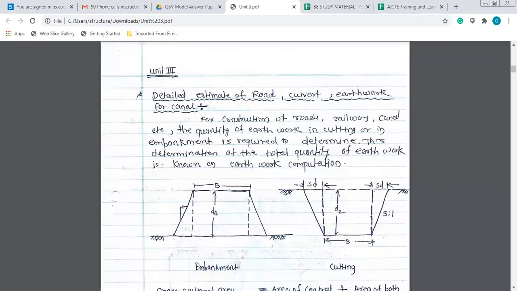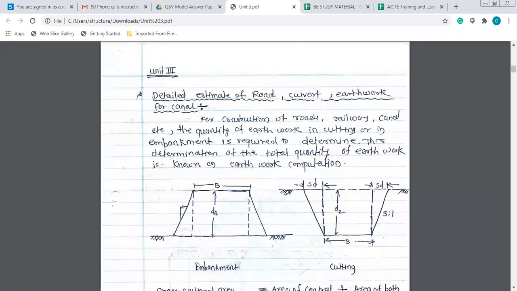The most important first factor in our road construction, quantity estimation, is what I am talking about. As far as quantity estimation is considered, the first quantity that we are going to derive is the quantity of earthwork which has been required. How much quantity I require for the cutting purpose as well as for the embankment purpose.